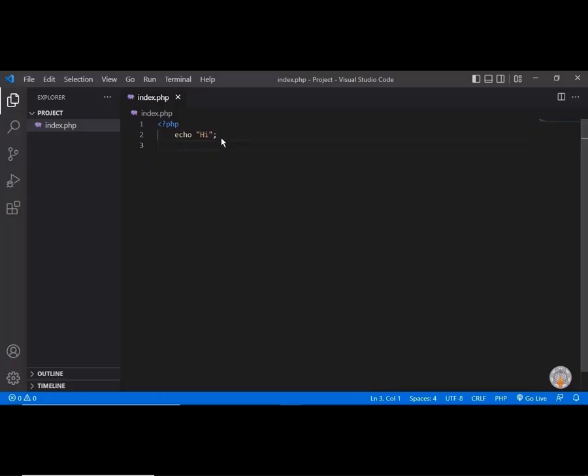Now I am closing this PHP code. So this is my whole code in which I am using opening and closing tags, white spaces and semicolon. So let's check the output. So I am using here a comment. So I am using output